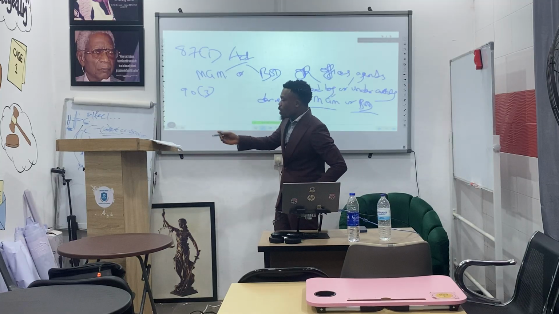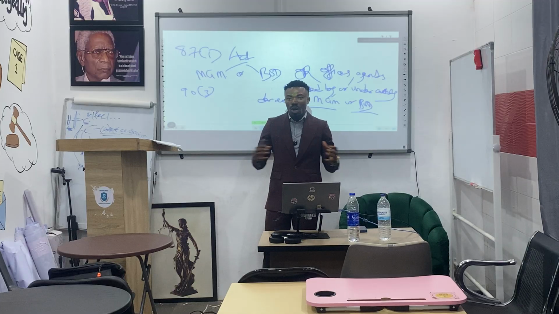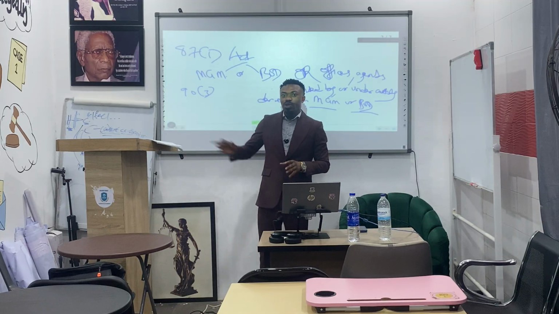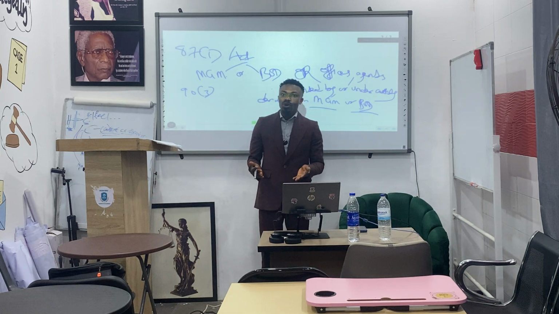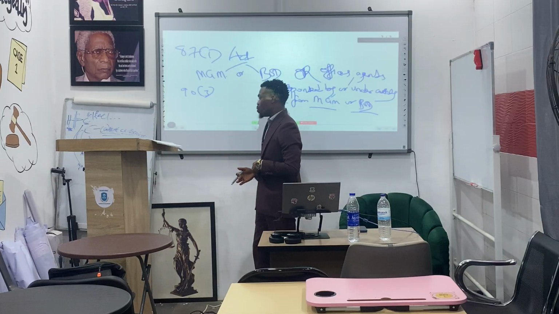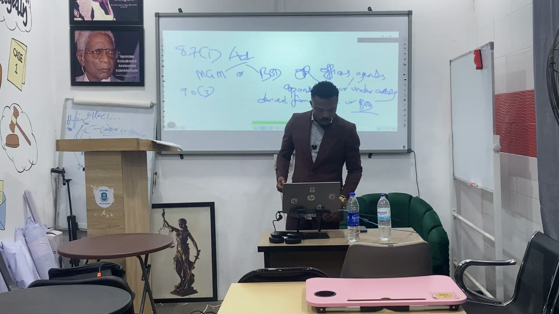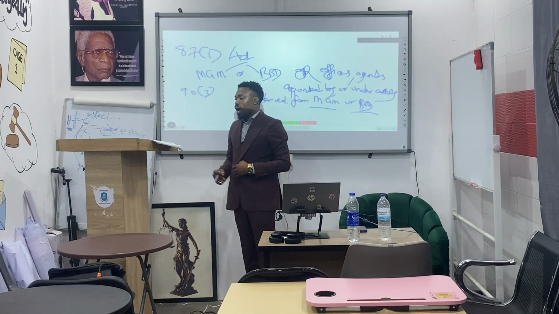All right. So when you look at 87 sub 1, it basically tells you lines of authority, and even though the act has not said primary organs, secondary organs, but you as students of company law, you should already know essentially what 87 sub 1 is talking about. Now, when you now look at 87